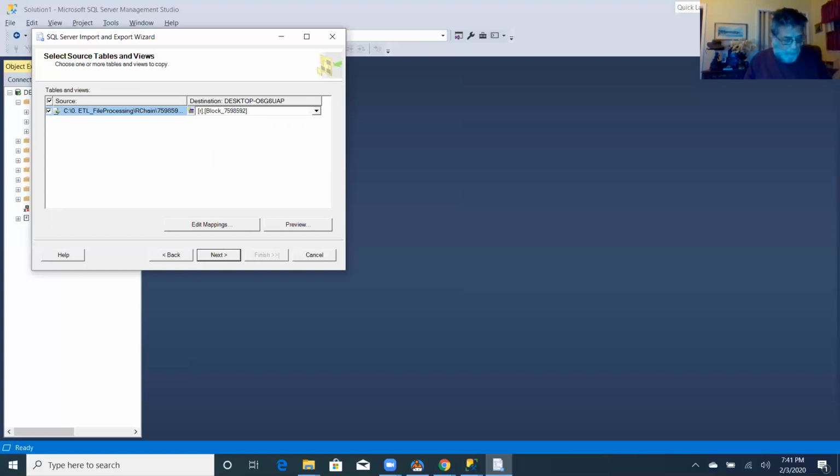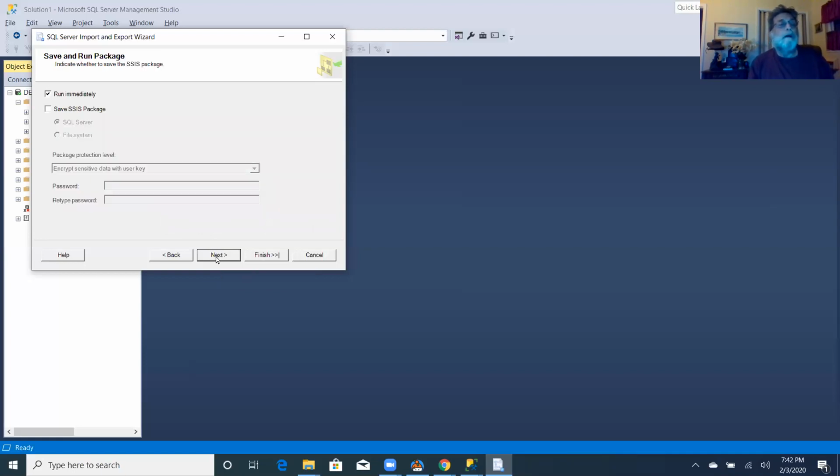What was DBO? It's the default schema, and I think it's an acronym for database owner, but it doesn't really mean a lot. From a security angle, it's bad practice, and from a meaningful namespace angle, it's bad practice as well. Hence, choosing something different. So if you click next,